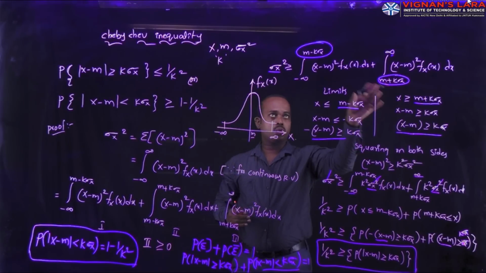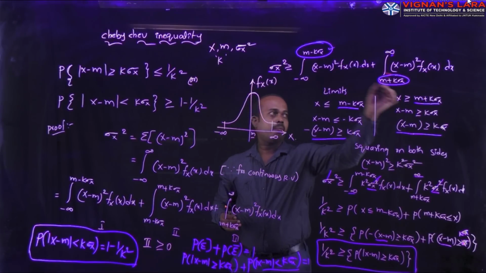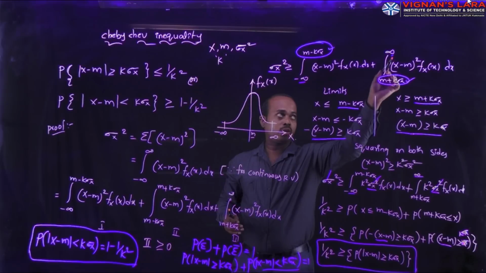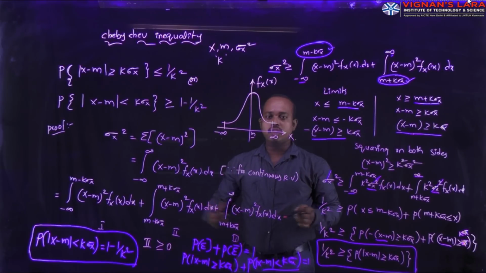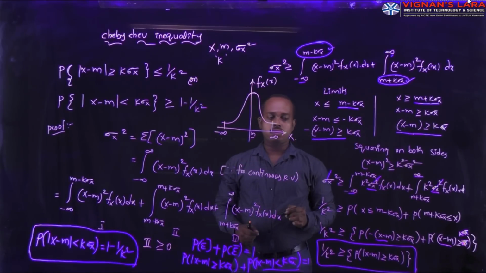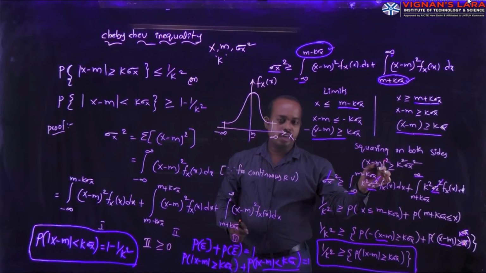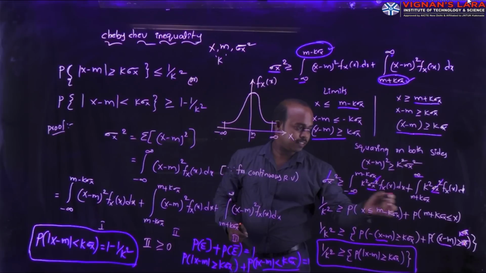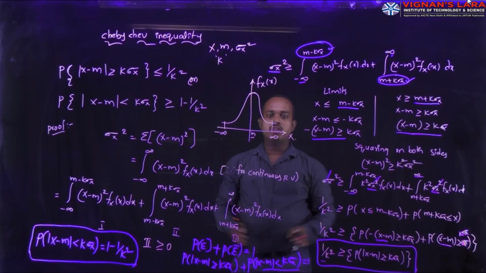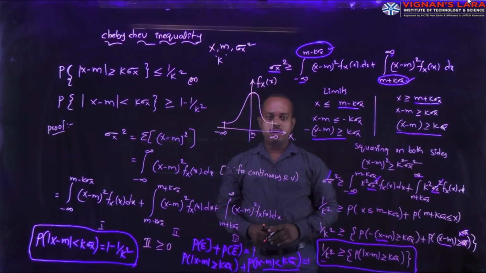In these quantities, we only consider the limits of finite values, not the infinite quantities. Why? Because when I consider the infinite quantities, the values go to infinity. That's why I can change these finite limits to our required values. Our required function is x minus m whole square. By changing these limits in these terms, you can replace the quantity in this entire equation. Finally, you obtain our desired value. This is the complete derivation relating to Chebyshev inequality.